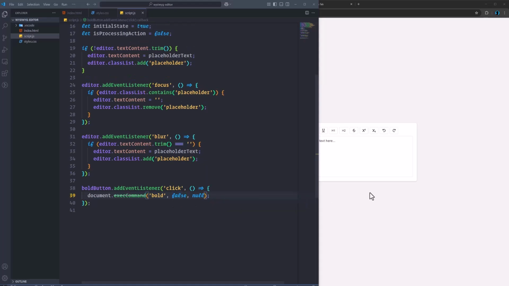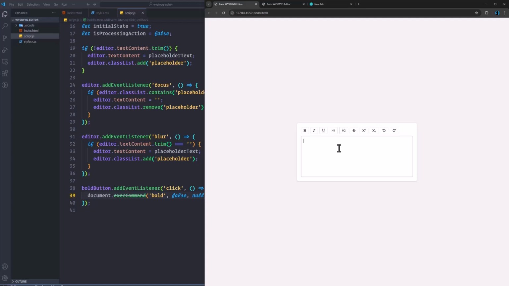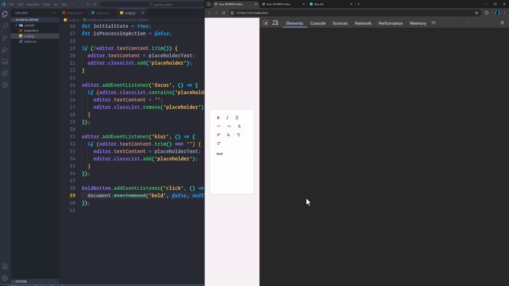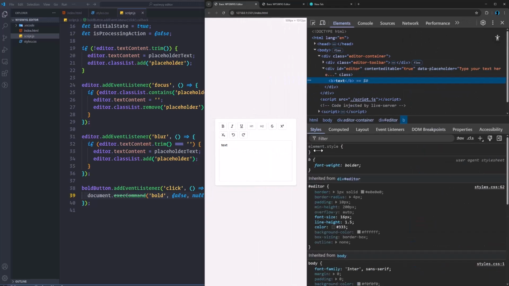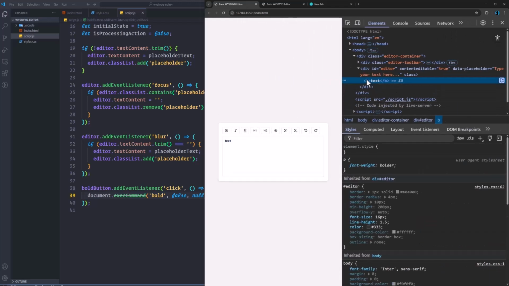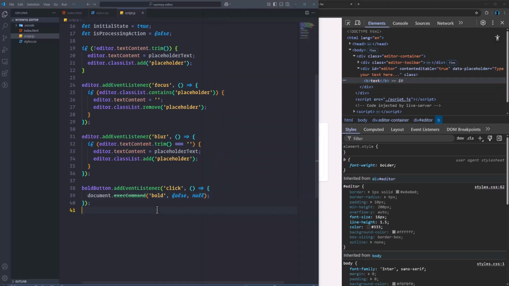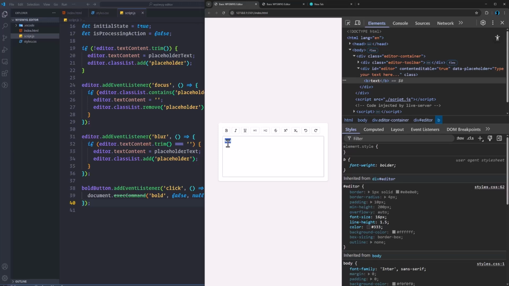If we save it, we come in here, let's say I type some text in here and I select it, I want to make it bold, I click on it. Is it bold? Yeah, this gets converted into bold. Let's just inspect it and see what actually happened. So if we check, you see it is a bold text now. So when we use this execute command, we pass that I want to execute this bold command. So we have selected some text, and then when we click on it, it adds that selected format to it,